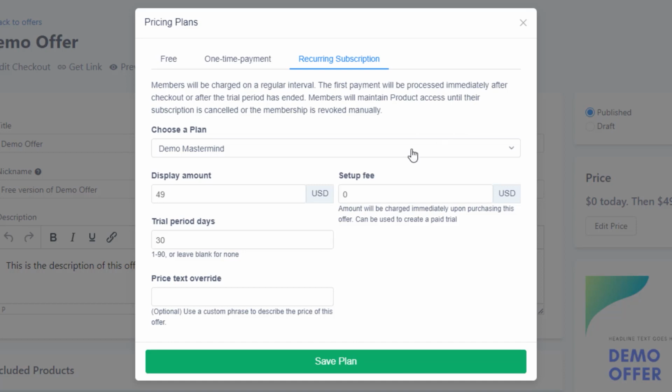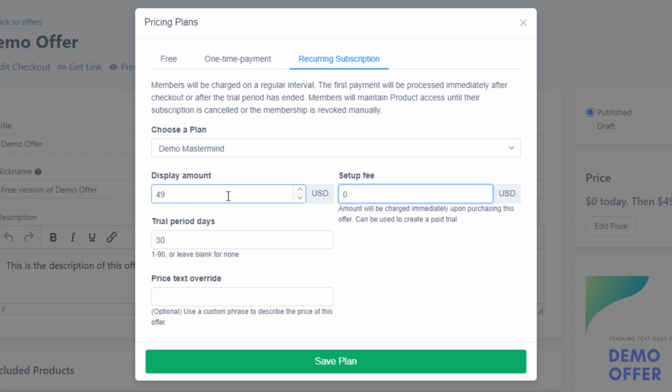But it's very important to note that if you are using a currency in Stripe different to what your account setup is here, you won't be able to change the setup fee currency, right? So if you for some reason have an account set up in US dollars and you wanted to set up a subscription in a different currency and you add a setup fee, the setup fee will be in US dollars or whatever it says in your account. It is only the monthly subscription that you can set in Stripe and have it override your currency here. But if all you're doing is charging in your normal country's currency, then none of this matters,